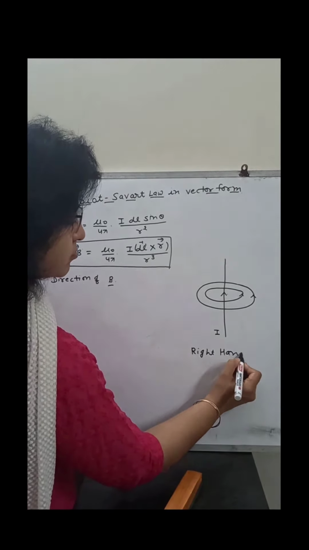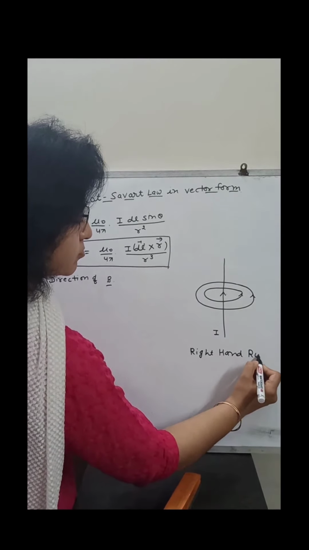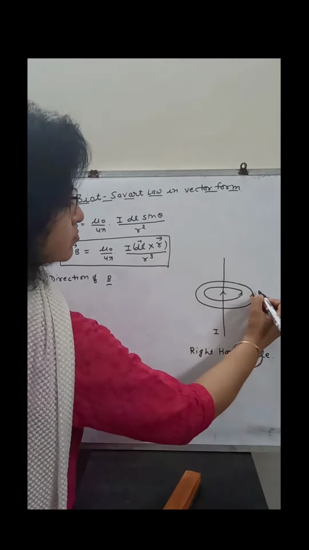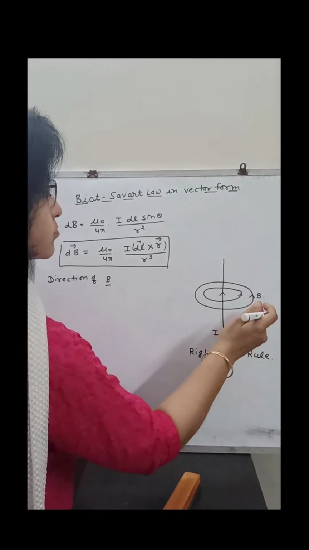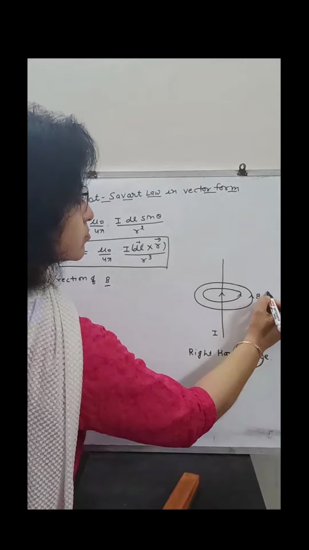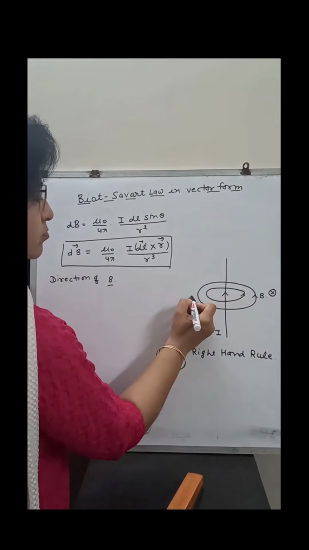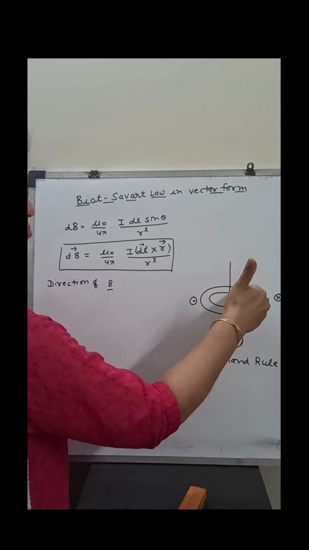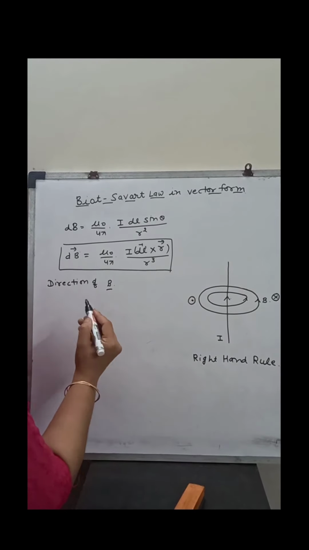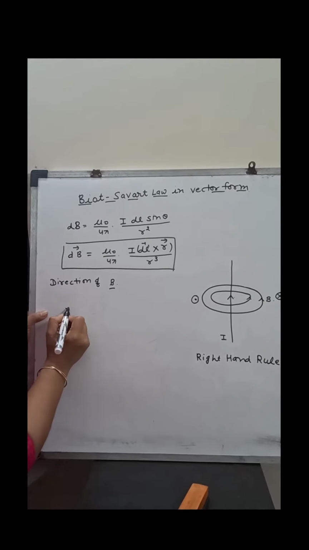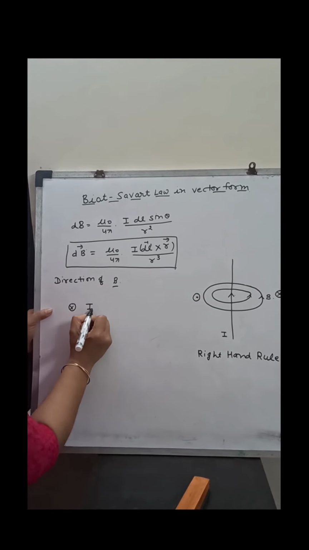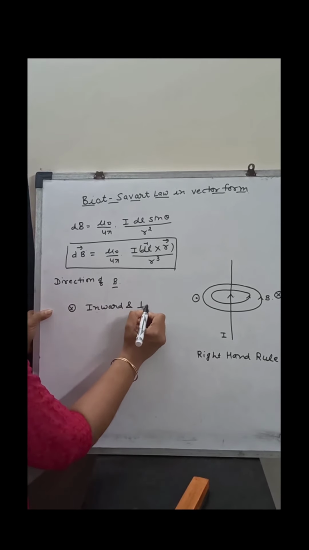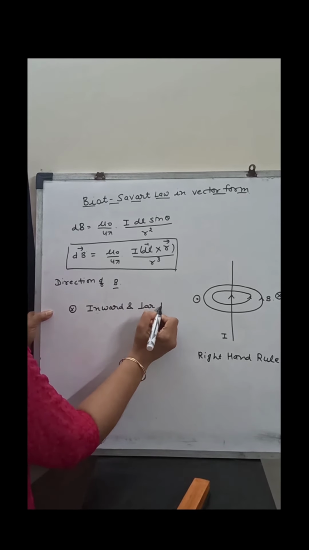if the current flows upward. This law is known as right hand thumb rule or screw rule. Cross shows the direction of magnetic field inward and perpendicular to plane, and dot shows the direction of magnetic field upward and perpendicular to plane.